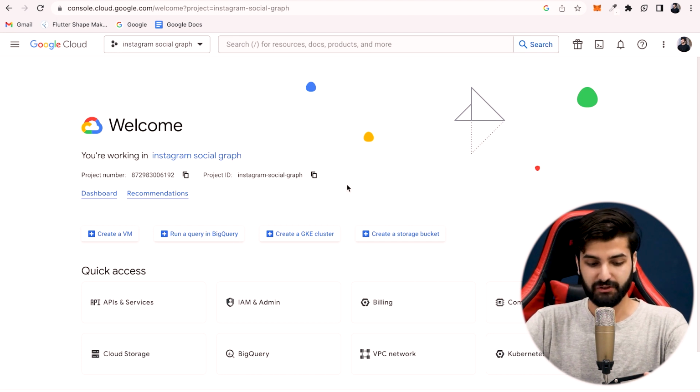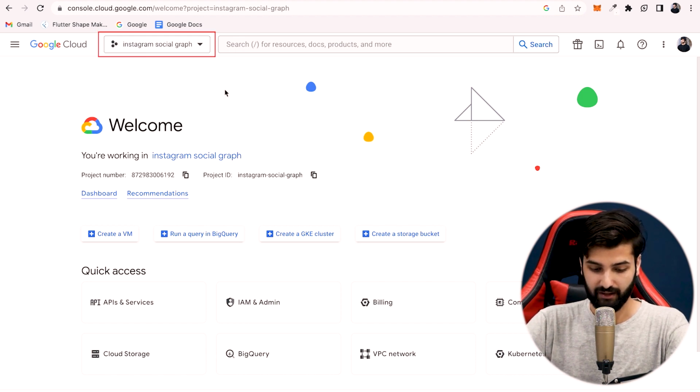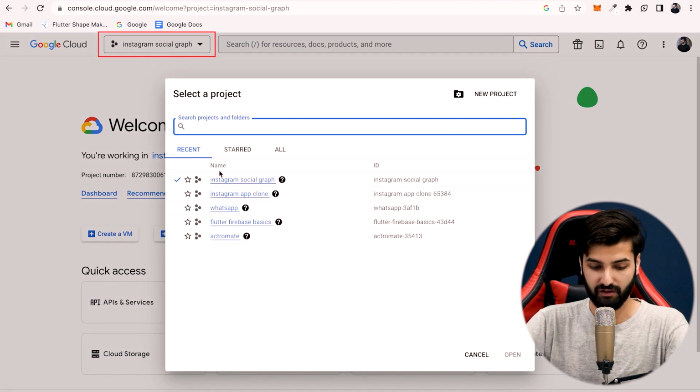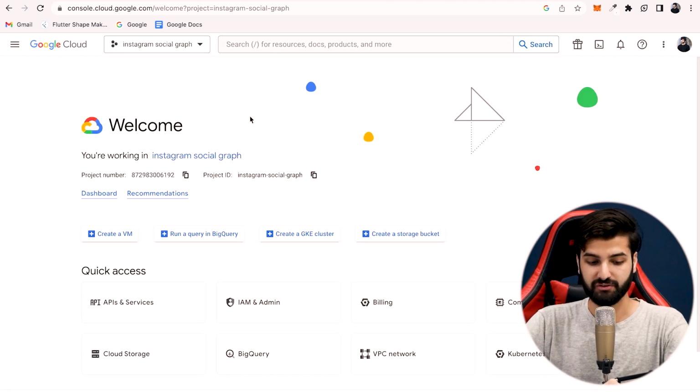I told you that you must have created the Firebase projects. After navigating in here, you need to select your Firebase project. I have selected my Instagram social graph. Just like this, you have to select your Firebase project that is fully functional, working with your Android or iOS application. After this is done, simply in the search bar, you have to search for